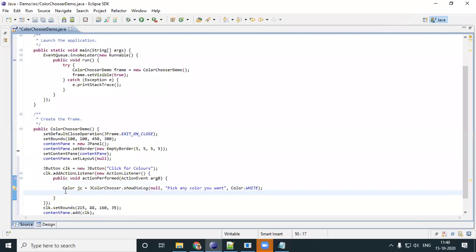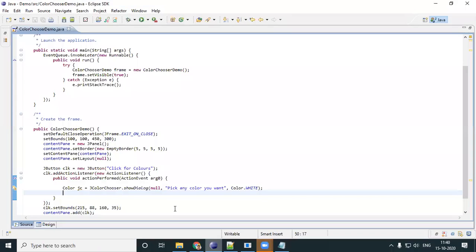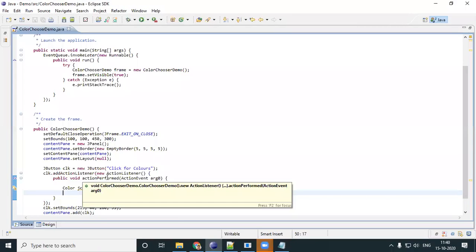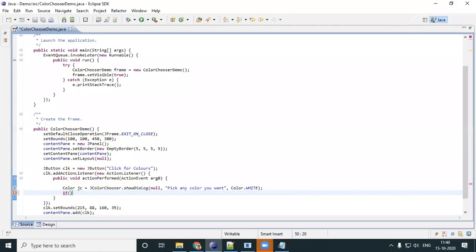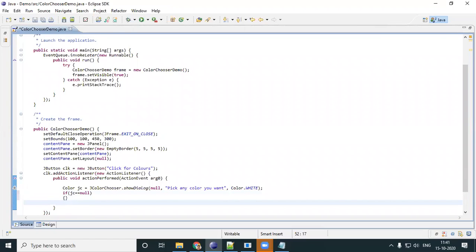I'll just save my program. Now if you select a particular color, let's say you selected yellow, your whole screen should go yellow or something like that. So let's write code for that. If nothing is selected, if null is selected, your frame is the default color itself, let's say white.